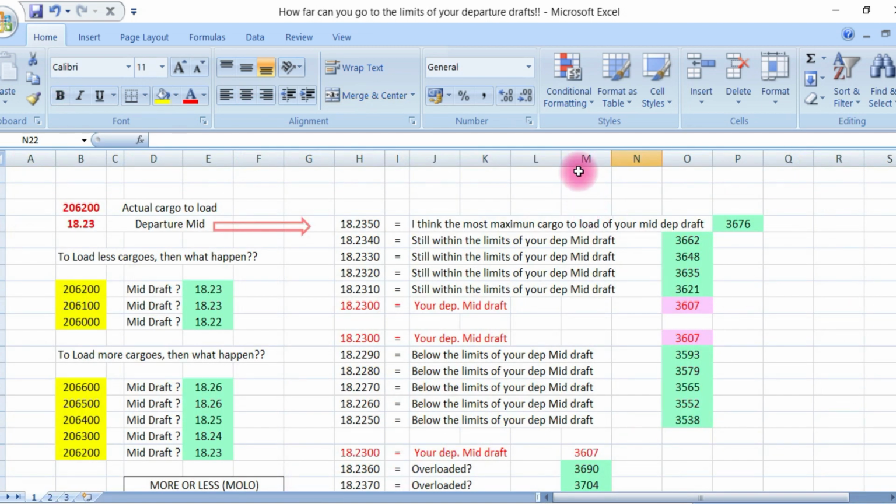So the question is, how far can you go to the limits of your departure draft? So this is the value. This is the total volume of our cargo, and the maximum departure draft is 18.23. So in this scenario, I have made this the 18.23 departure draft. So I have extended about